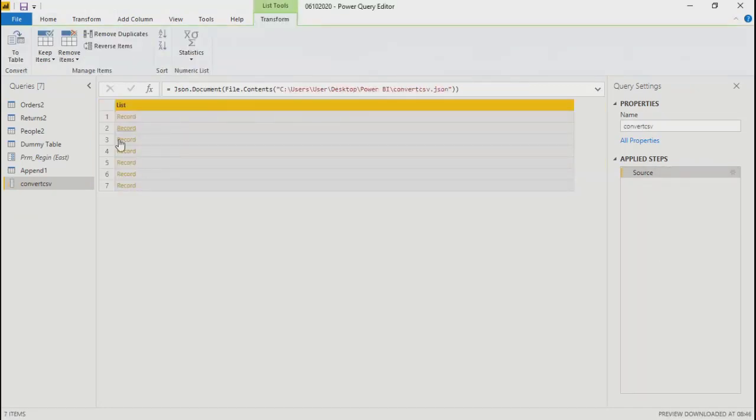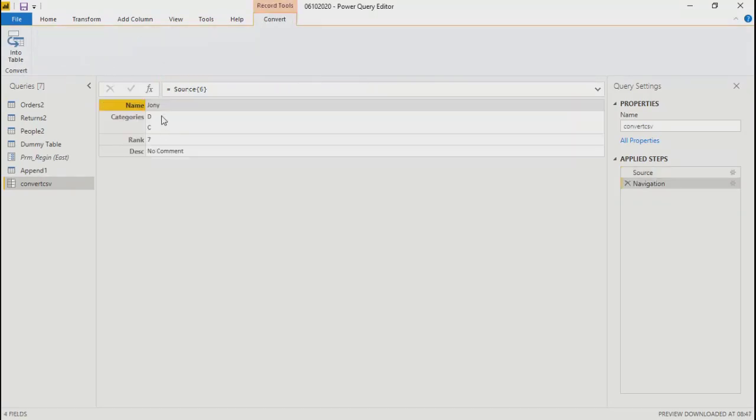All the objects within the JSON file are shown here, and if you click on an individual one, you can get the individual record: category, rank, and description.